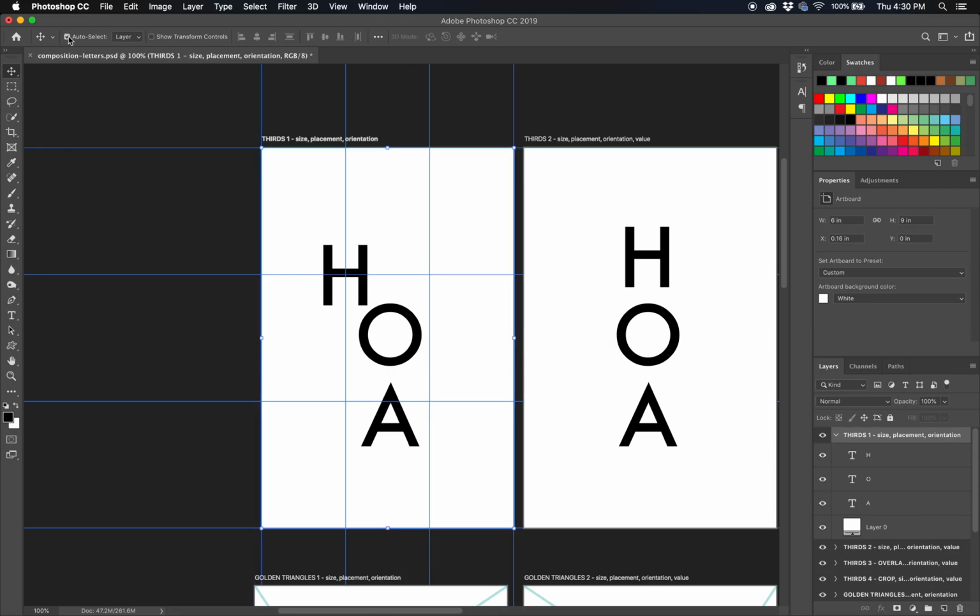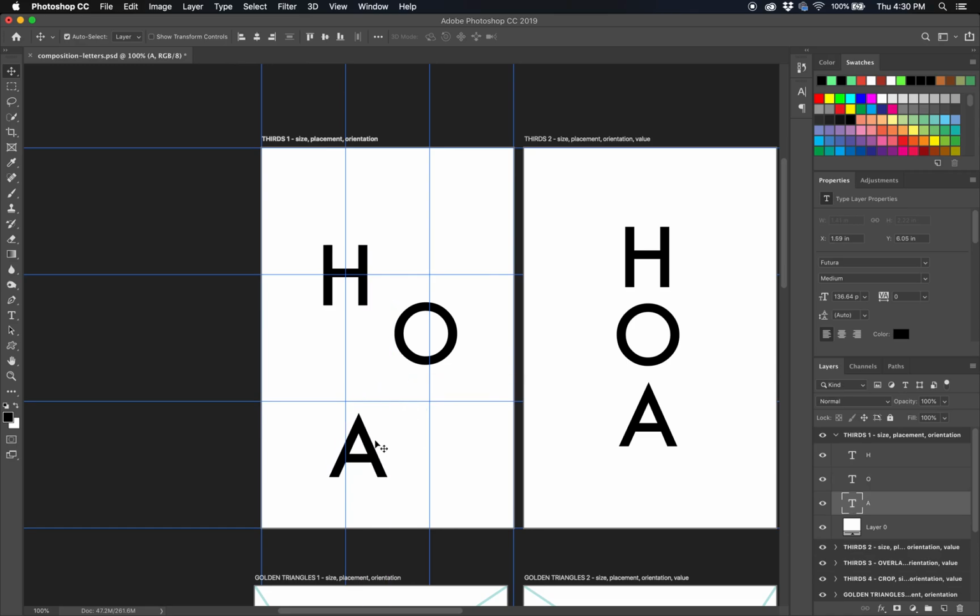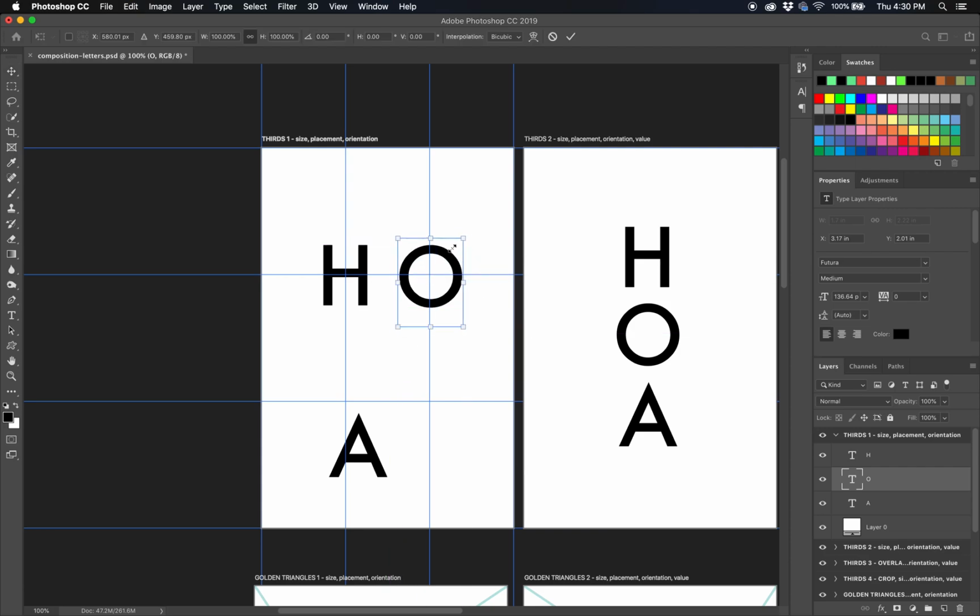Also, some of you may have it in auto select mode, and if you're in auto select mode, then with the tool, it will just grab the one you want. I always leave that off because I inevitably grab the wrong thing, but you can always have auto select mode on. And so then here, with rule of thirds, maybe what I want to do is,